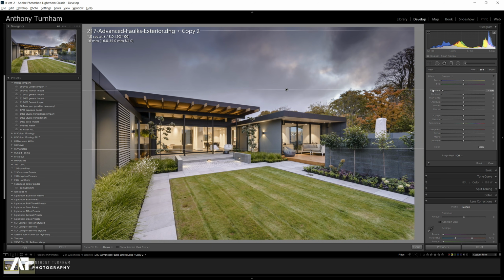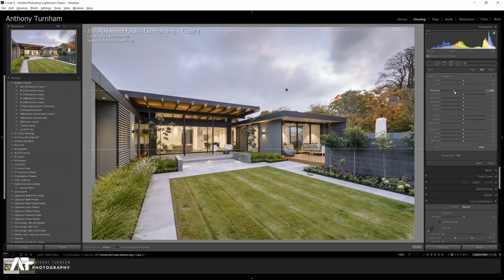And let's go heavy-handed just so we can see what we're doing. So that's going all the way there, and it starts to bleed over onto the house itself, but it's doing a pretty good job there. That's just dealing with the exposure, but we know that it's in the highlights that all of that information is going on, so we can actually bring the highlights down as well. Now there's two ways that we can deal with the fact that this is going over the building itself. It should be fairly unnoticeable unless you know the gradient is there, because we've feathered it out. However,